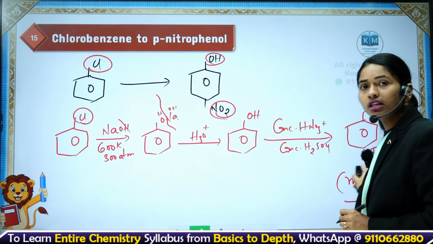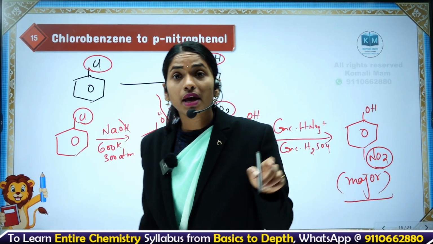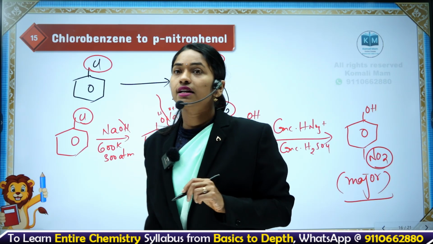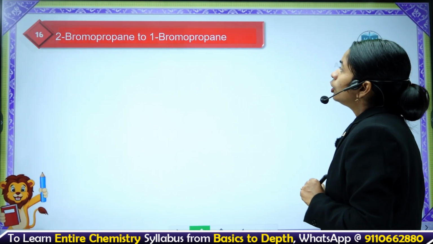So what is the product here, students, tell me? Para product is the major product. Is it clear? Is it clear? Next,